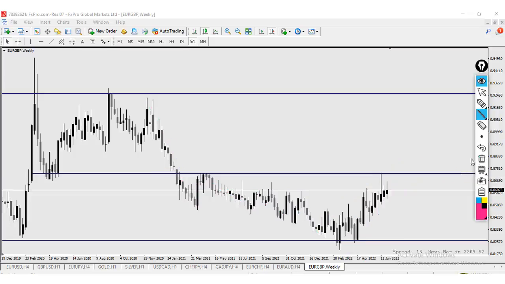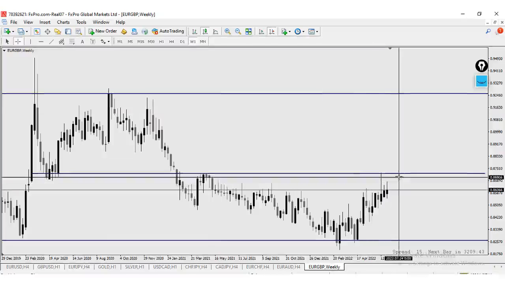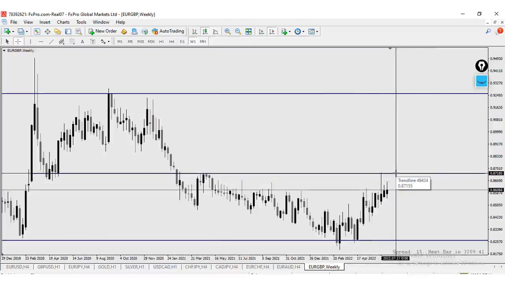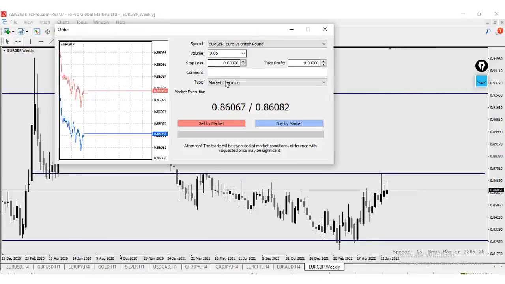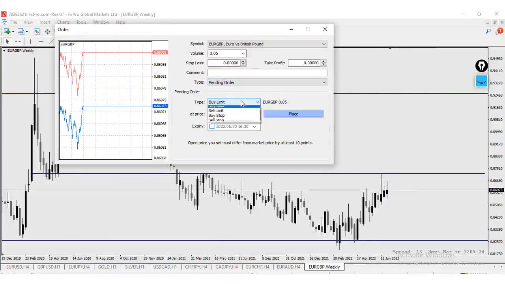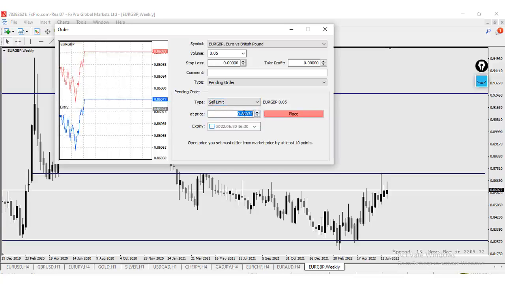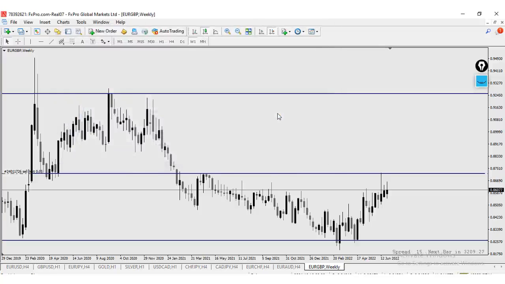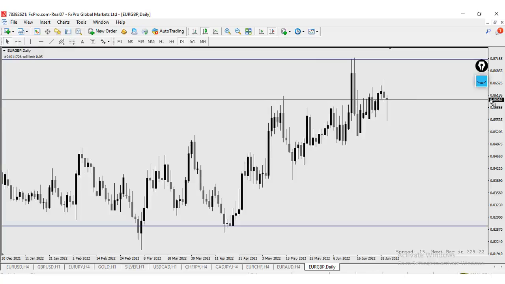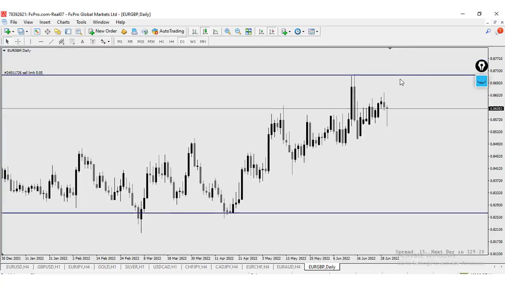So as a swing trader, someone who takes trades and just lets it ride for weeks, if I actually want to take this trade right now, I will just look at this level here. This is 87.18. That's a level, and I'll come here and I'll say sell limit 87.18, place, and I'll go and sleep, do something else with my life. Whenever price gets here, I get filled in.